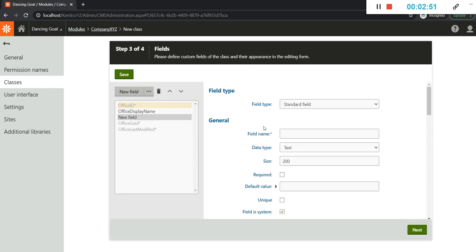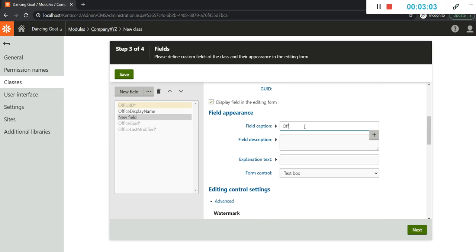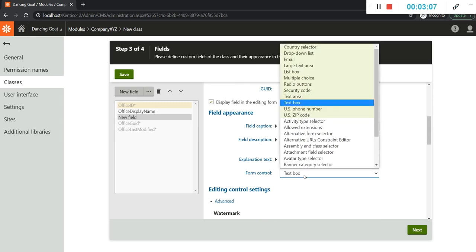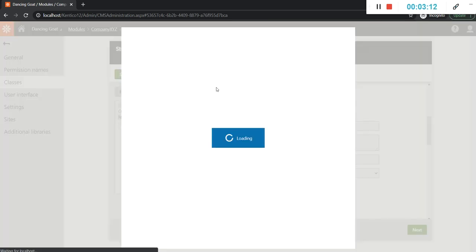Now another field will be office name. Office name will be unique, so we need to check this as unique, and this will be the office name. The form control should be code name, so that it continues with the uniqueness of the field.